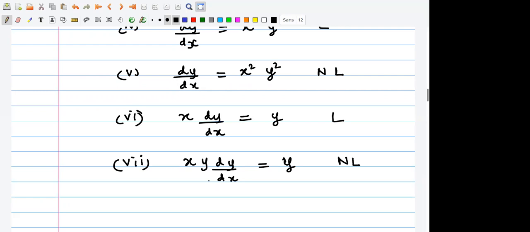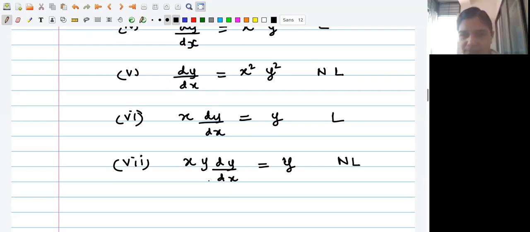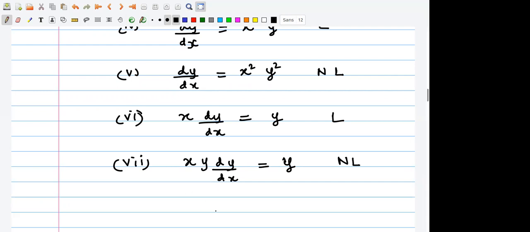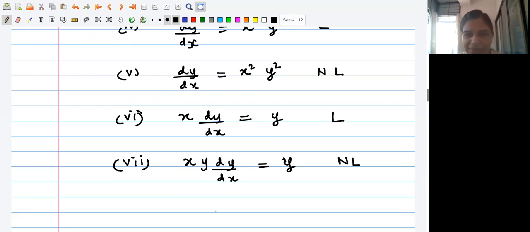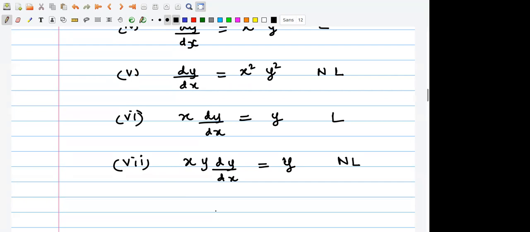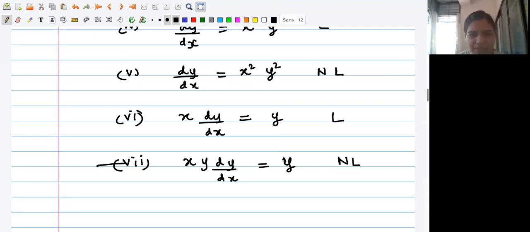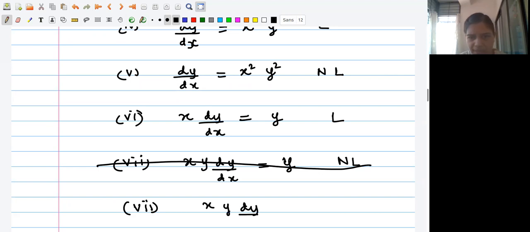If we divide by y on both sides, then... Oh, you're right. If you divide by y, provided it is allowed, then what do you get? Then it's linear. So this is sort of not a good example. I will take this back. Thank you very much for your correction. Depending on whether you can divide by y or not, this does not seem like a very good example. However, I will switch this with this: x dy by dx. Thank you very much for pointing this out.